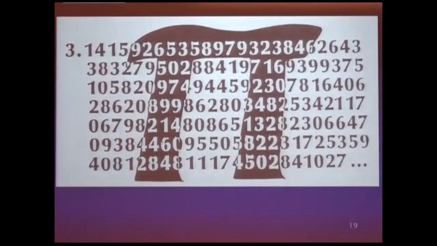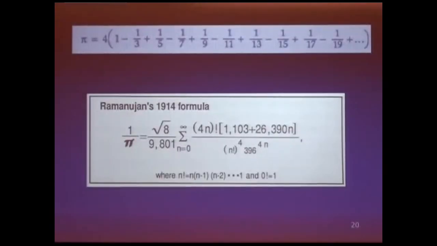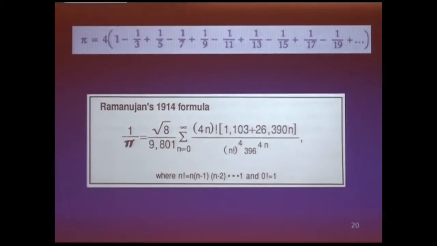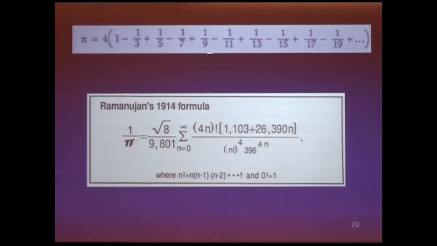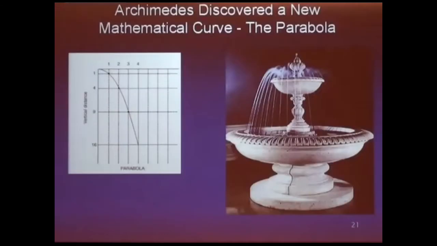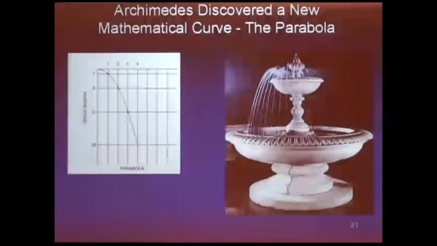In fact, if you have nothing to do, you can sit down with one of these two formulas and just keep calculating more and more decimal places for the value of pi. This is a general formula for the value of pi. You can take 1 minus a third plus a fifth minus a seventh plus a ninth, and the further you go, the closer you come to pi. Or, if you really want to torture yourself, you can take this formula from the great Indian mathematician Ramanujan and use that to figure out pi. Much more complicated. But anyway, I just want to show you Archimedes'